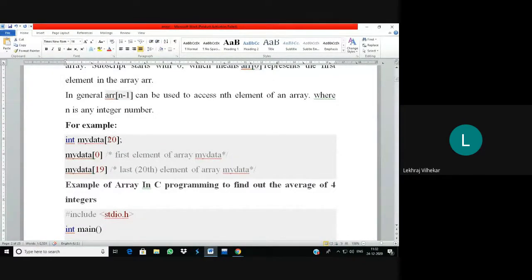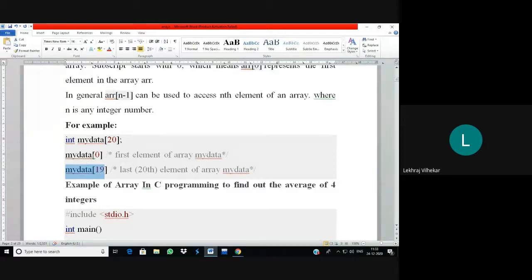It should not be like this one, like suppose this year I am having only 40 students, so I have to remove the 10 benches. It should not be like that. Means whatever the allocation is required, whatever the size is required, we must specify, and it depends on us how much we have to use from them. Okay, how much we have to use from them. So this is your first element, that is my data 0. This is your first element, and my data 19 is your last element.